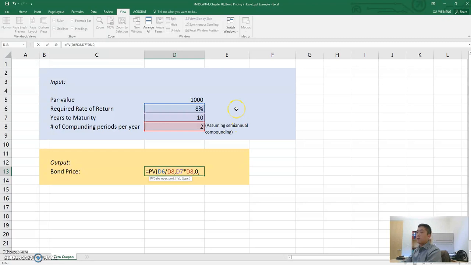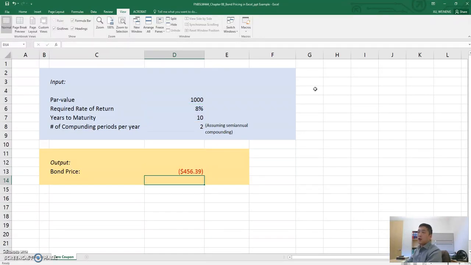And the last is the future value. And the future value of a zero coupon bond is always going to be the par value of that zero coupon bond, in which case it's $1,000 right here. So now you got everything, and you don't need to worry about the type because we are not talking about the timing of the periodic cash flows. So you can just close the parenthesis and hit enter,